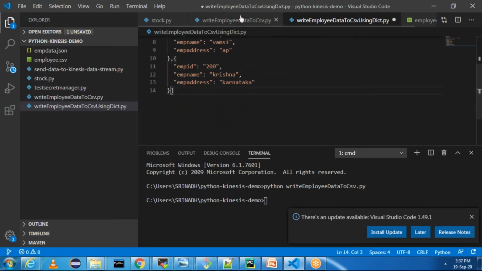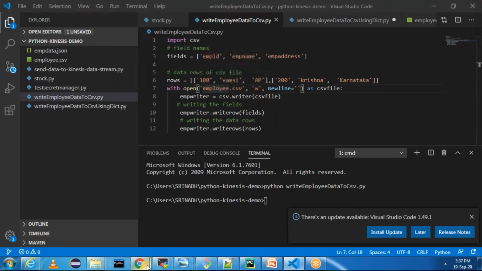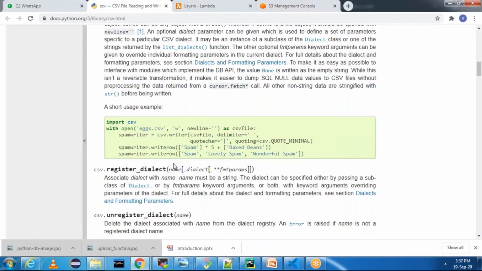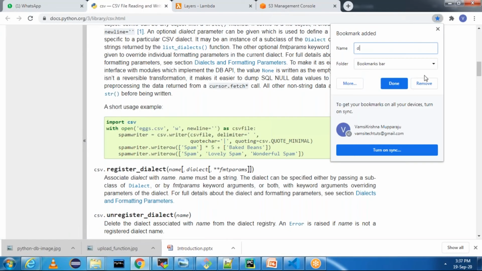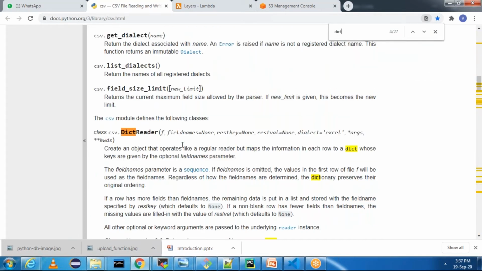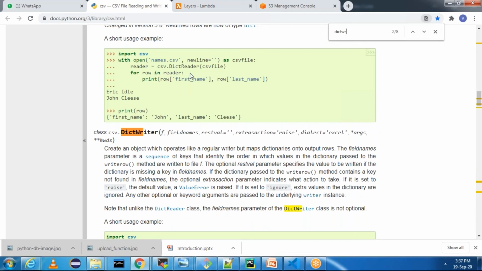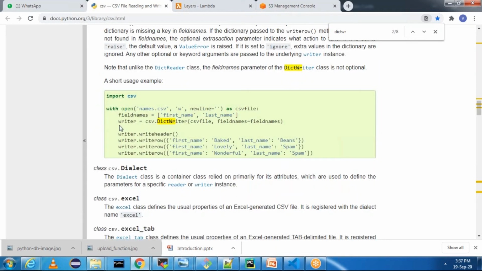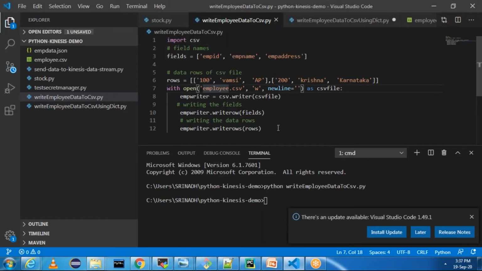Now again, I need to write data to this. Instead of the normal one, I need to use dictionary writer. This is how I need to use dictionary writer. Let me copy the dictionary writer with field names. I am following the documentation so that we don't face any issues.